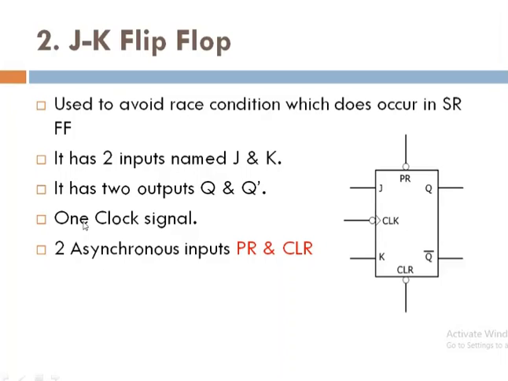flop is considered as a JK flip flop. Now here you can observe this block diagram of JK flip flop, which has two inputs like your SR flip flop. One clock pulse is also there. Now this bubble indicates this is an active low clock pulse. If the bubble is not there, then it is considered as an active high clock pulse.